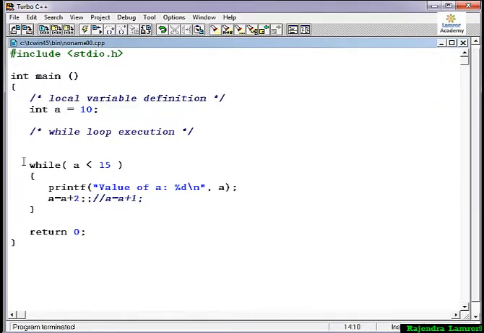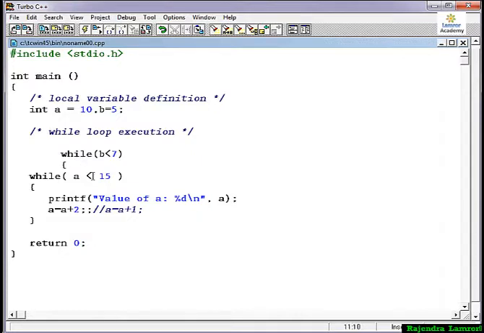So now I am showing how to use a nested while loop, one while loop inside another while loop. I have taken another variable b equal to 5. Here I am putting while b is less than 7.